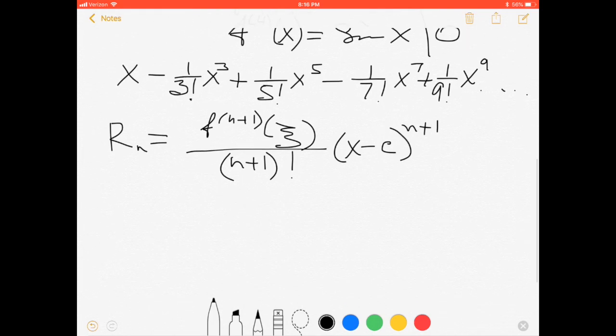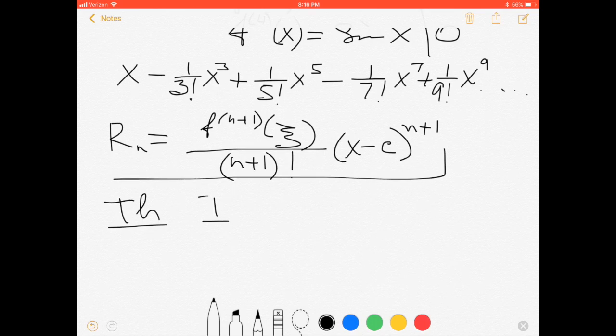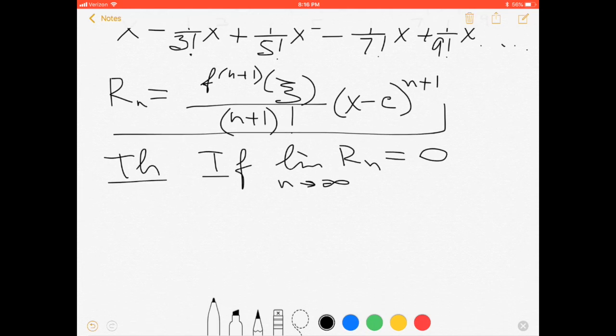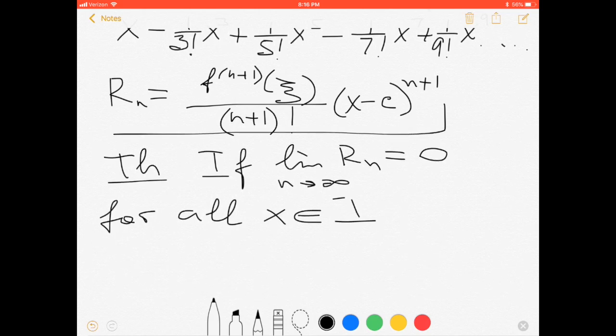And our theorem tells us, if the limit of R_n as n approaches infinity equals 0 for all x from some interval I,